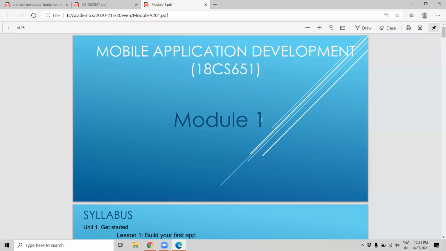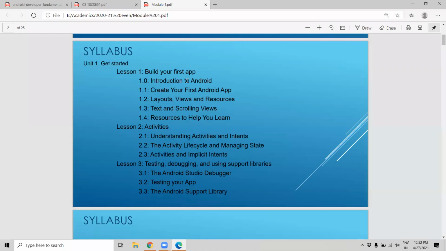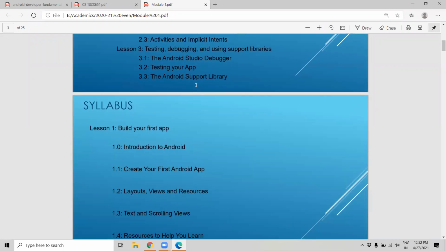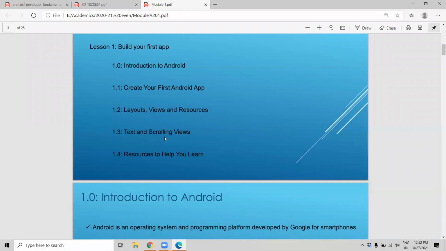Okay. In the first module, we are going to start with the introduction about the Android. See, what is an Android? The Android that we are discussing is an operating system. Operating system is nothing but a base where you can install so many other softwares.